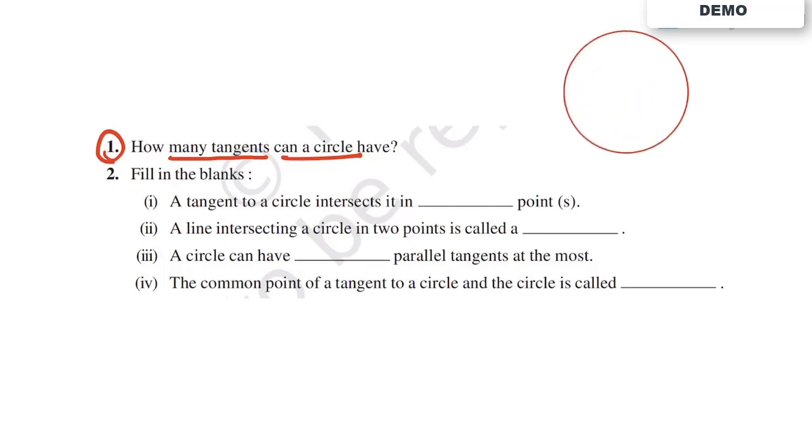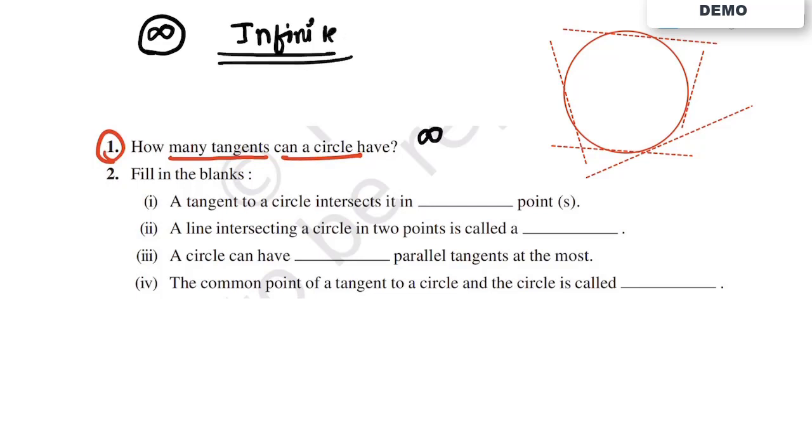So this is our circle. It is asking how many tangents are possible. So let us discuss some of the tangents. This is the tangent, this is the tangent, this is the tangent. You can see that I can draw and I keep on drawing, it won't end. It means there are infinite number of tangents. So the answer of the first question will be infinite. You know the symbol of infinite? It is like this,